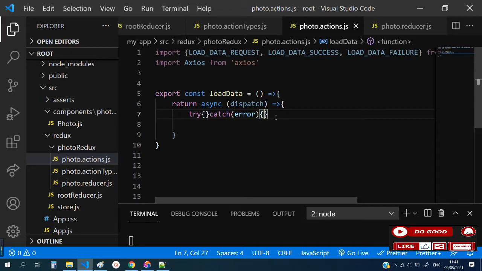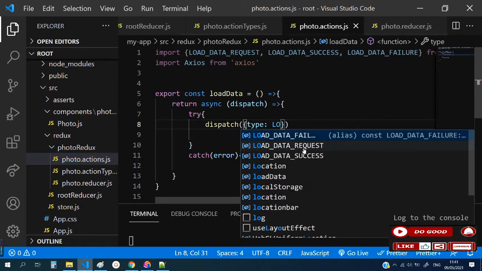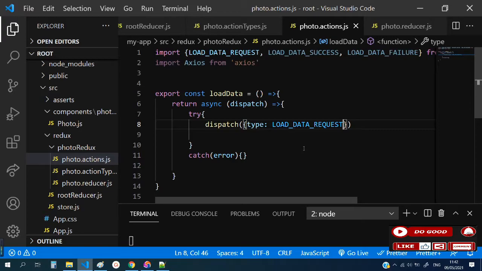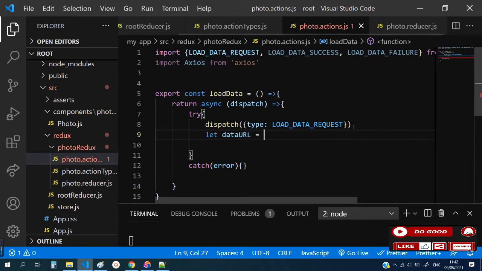So then let's take it one after the other. Let's take the first one, the try. So with the try, let me bring this also down. Good. Now let's take the first one, dispatch. Dispatch what? Dispatch into bracket. Let's take the type. We take a type of load data request. Then let's call our URL. We select data URL equals